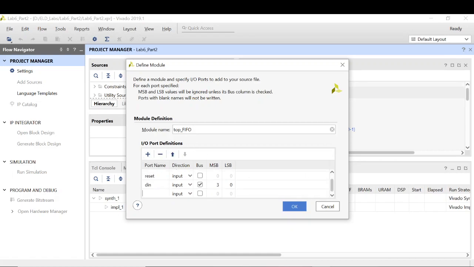The next thing is the signals associated with the FIFO. So I think for the input, we only need these signals. If we need more signals, we will add them later. Now let's come to the output signals. There is one signal that is full. This is a 1-bit output, and there is another signal, empty. We will look into the use of these signals and understand in detail how they are useful from the hardware perspective.